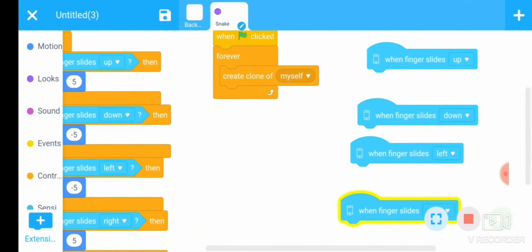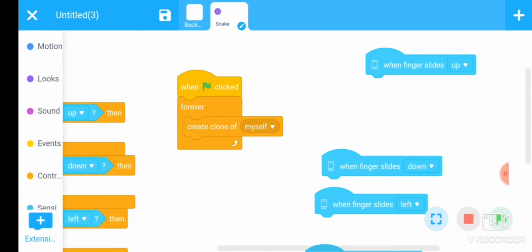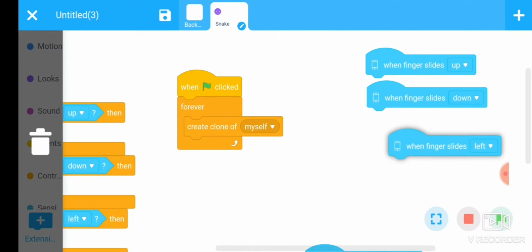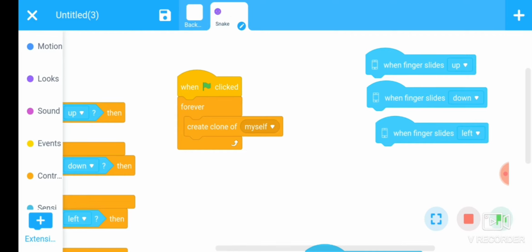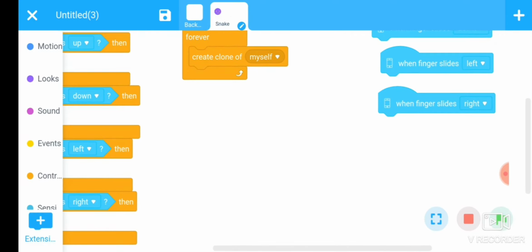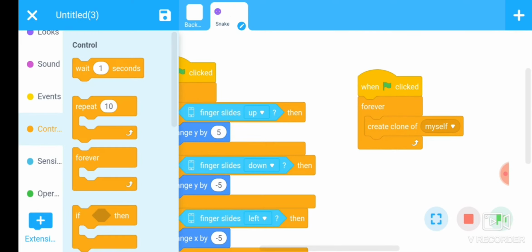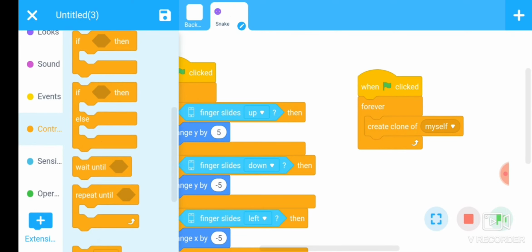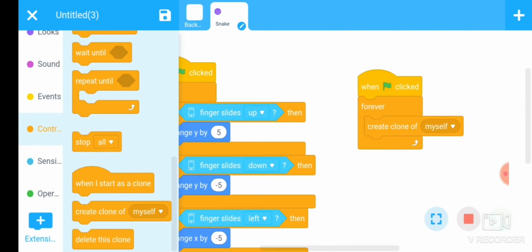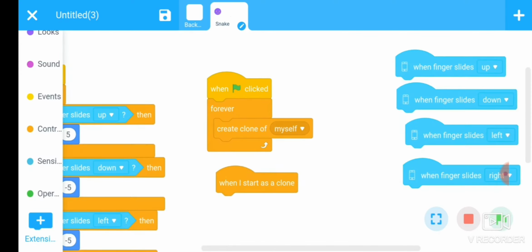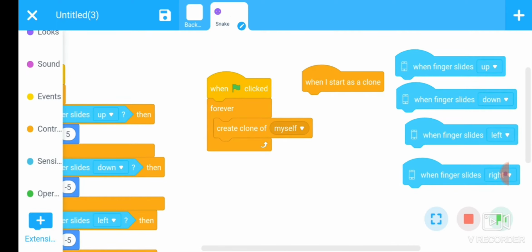Put this command inside the forever loop. Then one more command: when I start as a clone, what should happen? Okay.